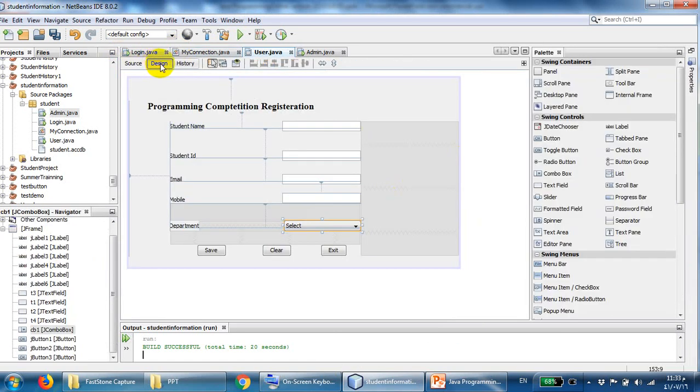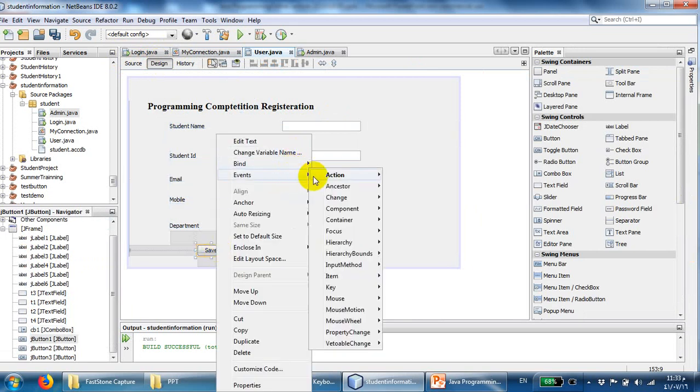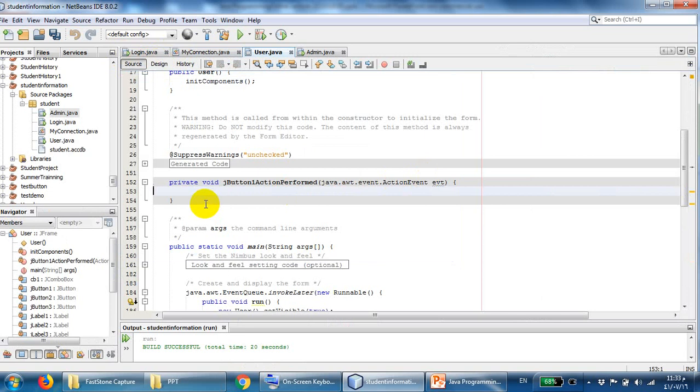Better you go like this, it will be easy for you in the beginning. Okay, you are going to directly go to the button action perform. Okay, button 1 action perform. Here